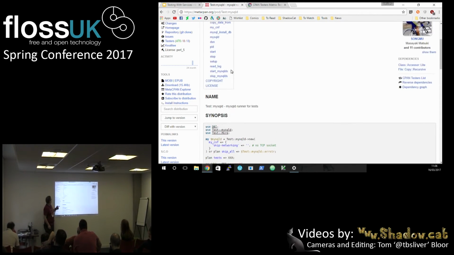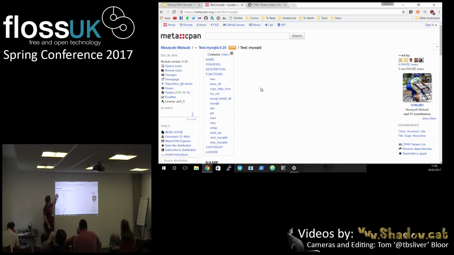Until recently, when's the release date on this one? I think that contains the fix for it, but until recently, this wouldn't actually spin up a MySQL 5.6 or 5.7, where they changed away from initdb and used their own --initialize on the MySQL command line. So when you initialize a database, it used to use mysql_install_db, similar to how Postgres used to do it with a separate script, and then MySQL combined it into their own thing. MariaDB still has initdb,